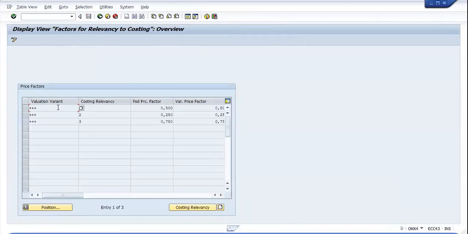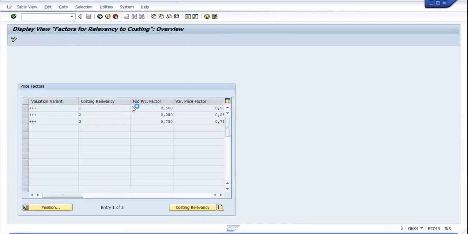This is important. You can check the valuation variant, that means blank, or plus plus plus, that means we do a defaulting rather than specifying any particular one. It is also called masking. We put plus plus one, and it will give the costing relevancy.